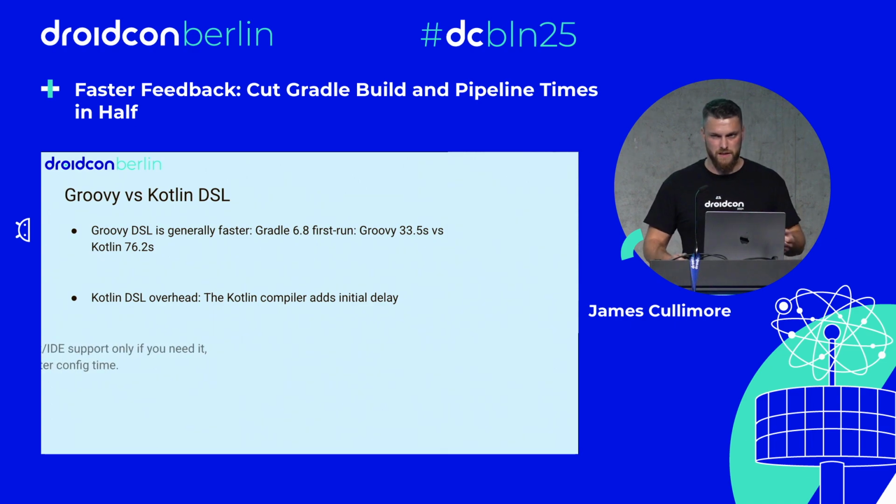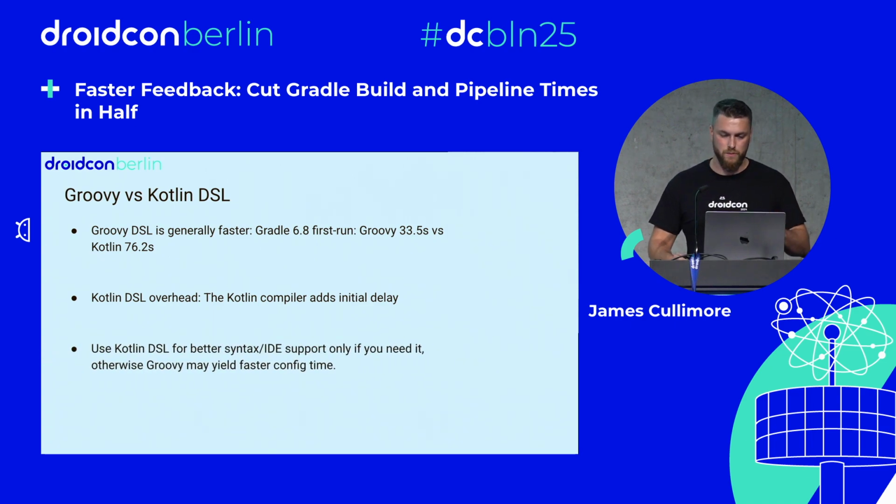Groovy versus Kotlin DSL. This one was a bit of a surprise, as I wasn't expecting it until I did some research after a Groovy to Kotlin DSL migration, which I had completed. Groovy is generally a bit faster than Kotlin DSL, although there are reports online claiming this is nonsense. Just to warn you, in 2 of the 3 migrations I completed, build time went up by just over a minute. What could be the cause of this?